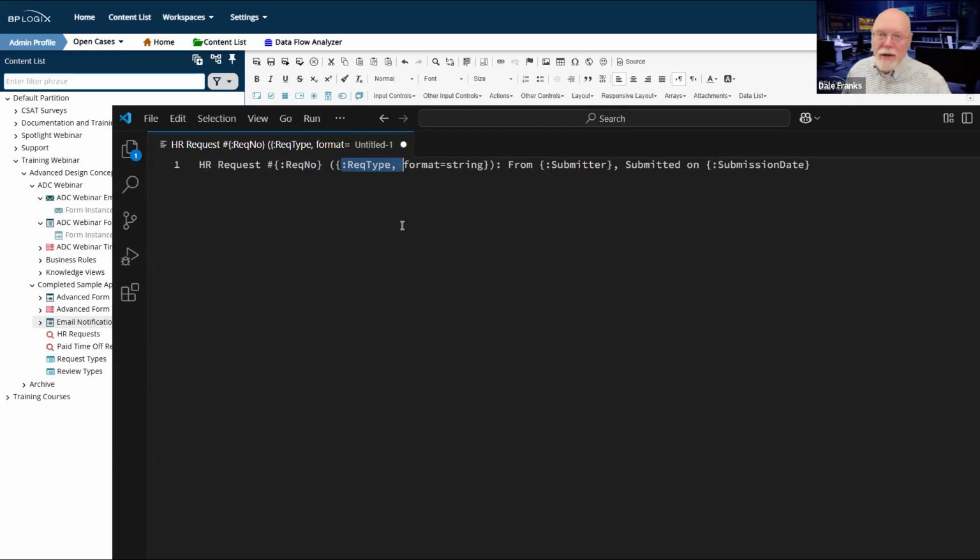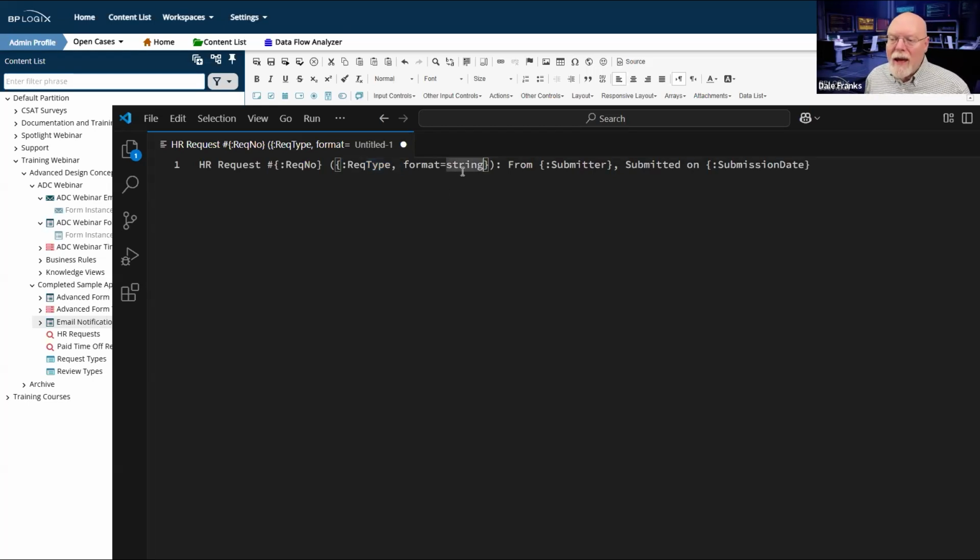Now the request type is a drop-down control, and drop-down controls always have two values for the selection. Well, there's actually one value, the value, but there is also the display string, which is what the user sees, especially because the value might just be 1, 2, 3, or 4. And you don't really know what that is, so you can't really show them the value if you have a different value than the display string. So you need to show them the display string, which would be time off, complaint, review dispute, whatever it is.